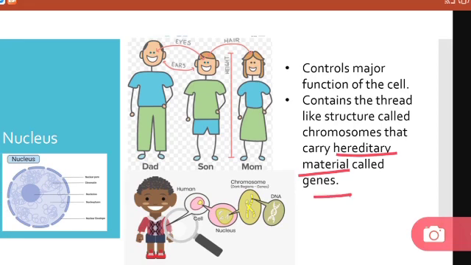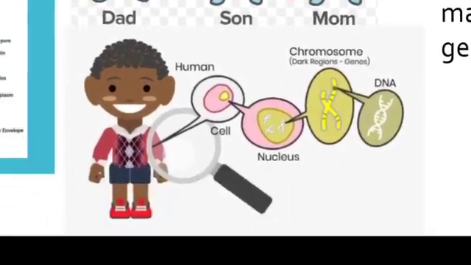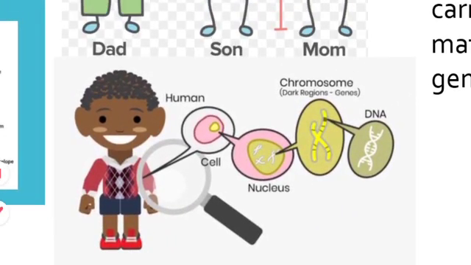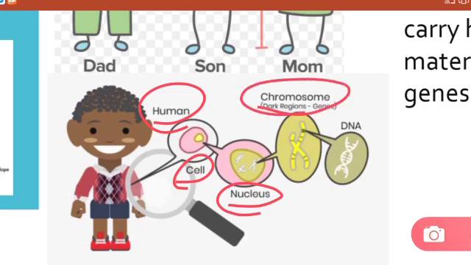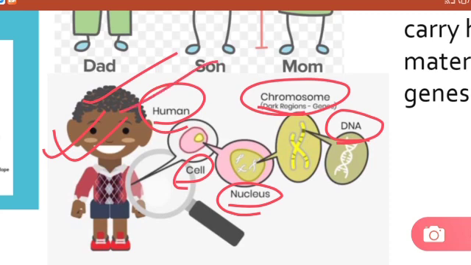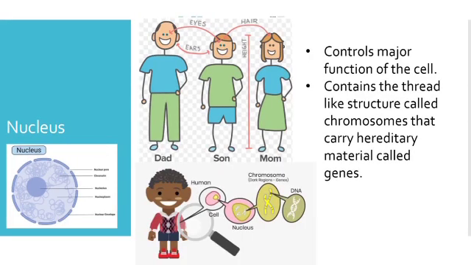Okay. So in our body also, if you can see, this is a human being. Inside the human being you can find a cell. Inside the cell the nucleus is present. Inside the nucleus chromosomes are present, and inside the chromosome DNA is present. And this DNA is your characteristic. If you have a curly hair, if you have a fair complexion, if you have brown eyes, these all are because of the presence of DNA inside your body.